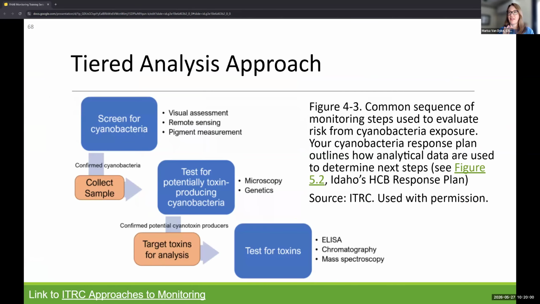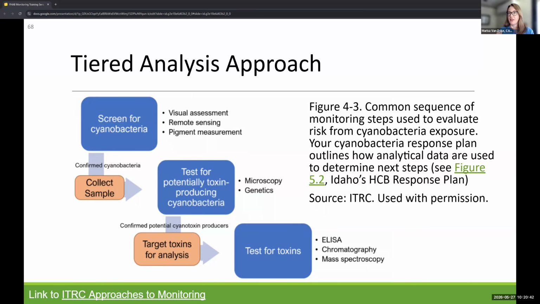And this slide presents that tiered approach that I've been speaking to. This is widely used in the laboratory setting to help prioritize what other lab analyses you should couple after learning the microscopy results and further. This really helps you prioritize your funding, particularly when you're monitoring many sites on a waterway. If one site doesn't have any cyanobacteria present, then you don't often need to do any further testing. And you can put your resources dedicated to another site that does have these indicators at these different tiers or